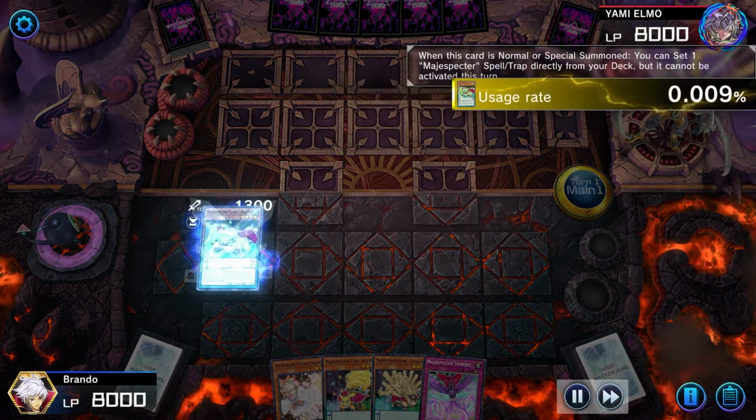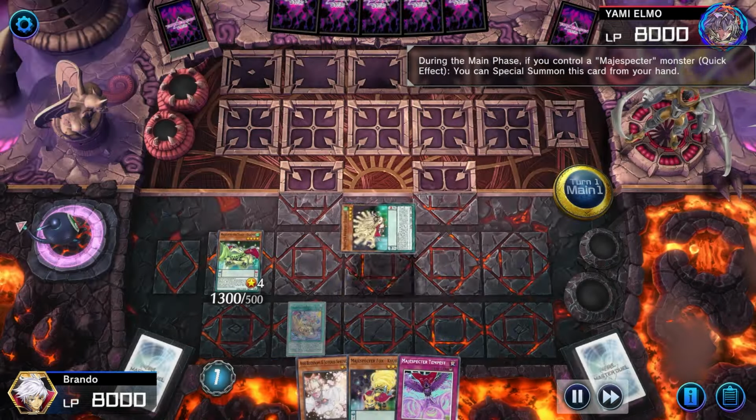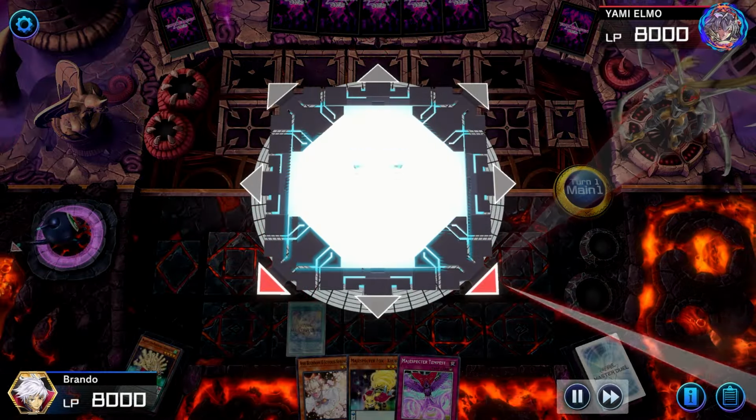Alright, going first, we're going to open up with Ojama to get a MAJESPECTER Wind face down. We're going to use Yukashi here to get out our Ojama and our...